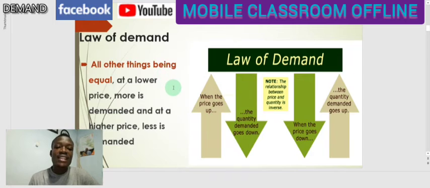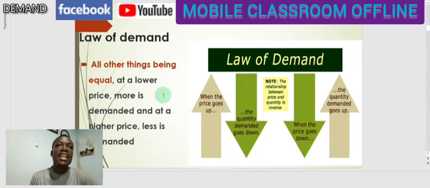Now, among those factors is price. And you can see that in the stating of the law, we only emphasize price and nothing else. So what we mean by all other things being equal is that all the other factors except price should be equal, so that this law is only based on price. So we come up with this law based on the price alone and nothing else. Meanwhile, we have other non-price determinants. So what we are saying is that let the non-price determinants remain the same,